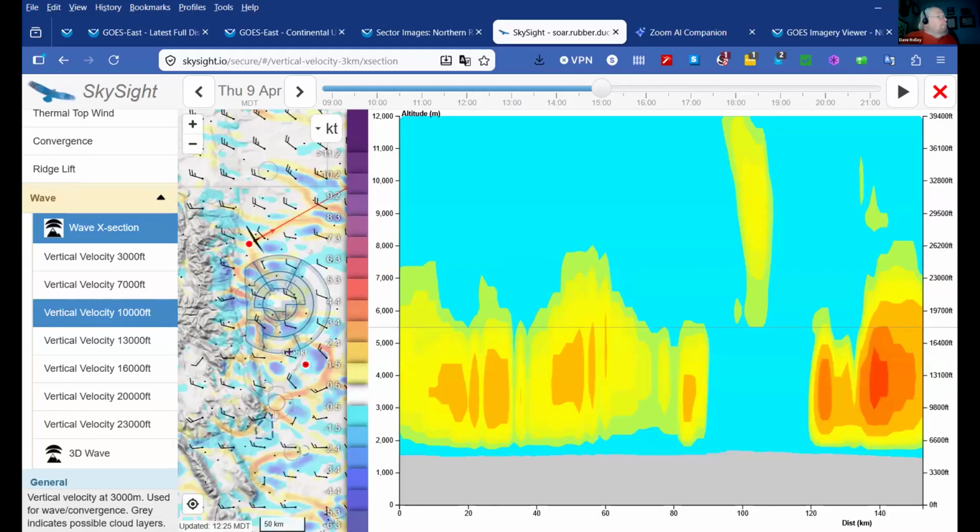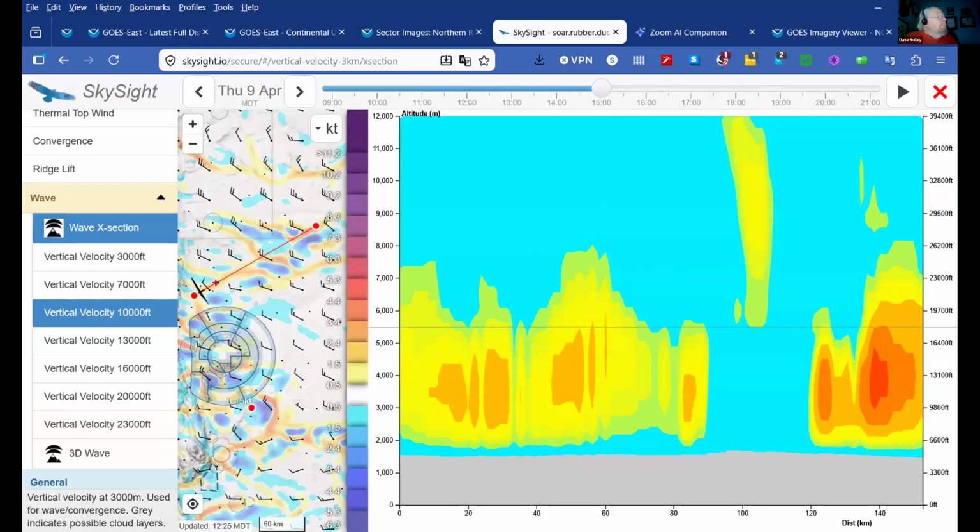Now, what's going to happen is I'm going to put it over here. Notice we got an airplane or a glider symbol. This is that slice looking at the lift through that slice. And as I move the glider across, you can see it improving over here or getting worse. So you can use this to help you traverse wave systems, which I think is really interesting